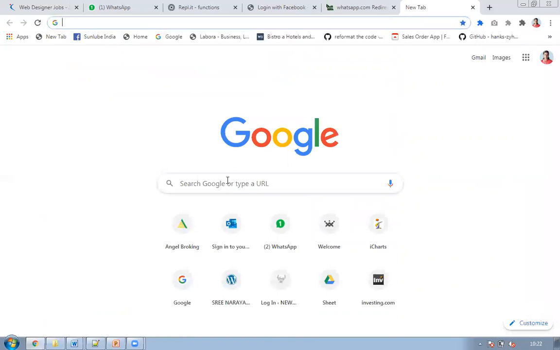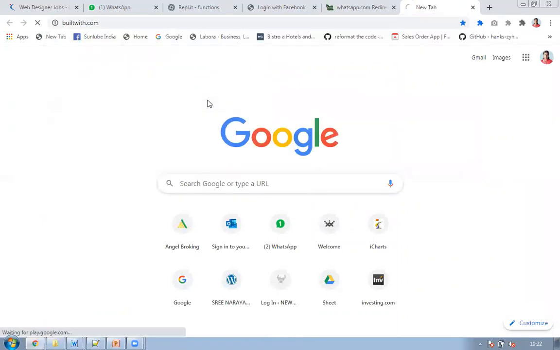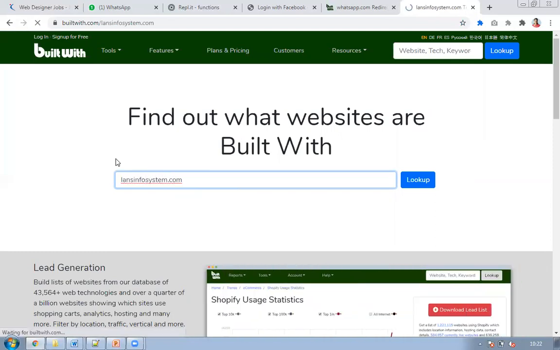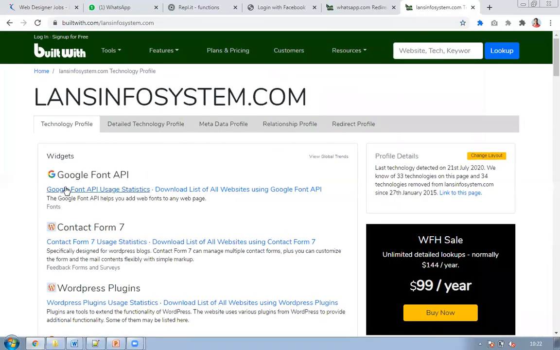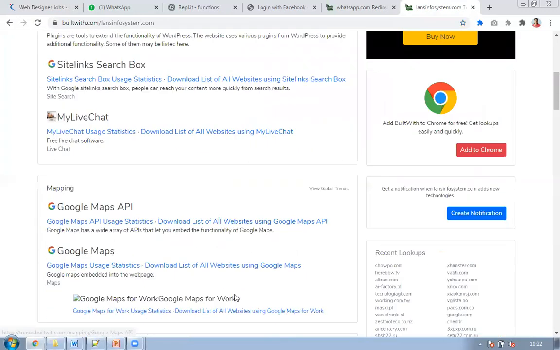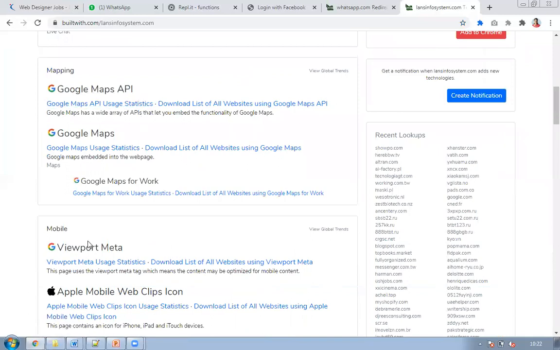I copy it. I go into buildwith.com and I enter my own site name. My company's name is lanceinfosystem.com. Enter. So now it is telling about my site. For this site, we have used Google Font API, Contact Form 7, Google plugins, chat options, views, Google APIs,